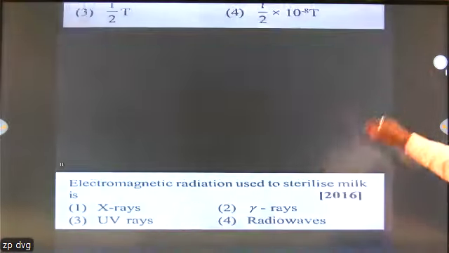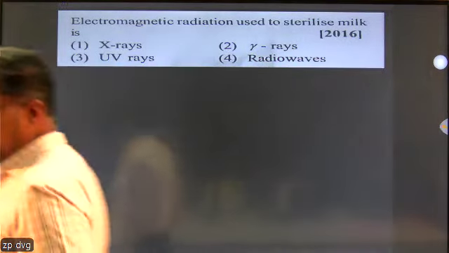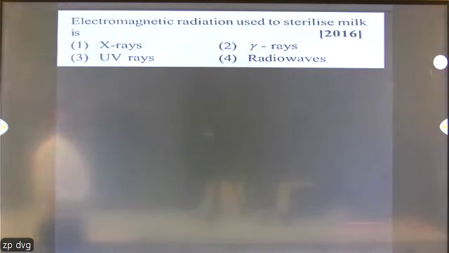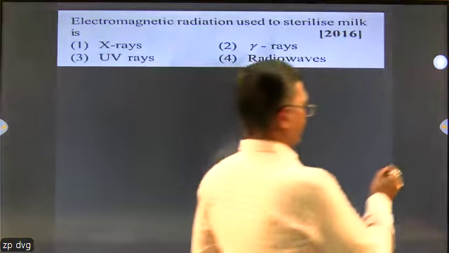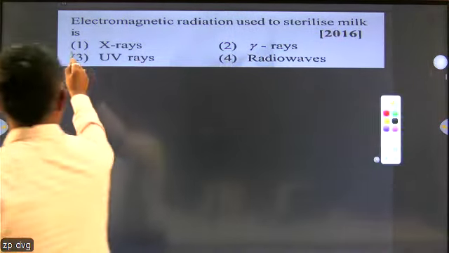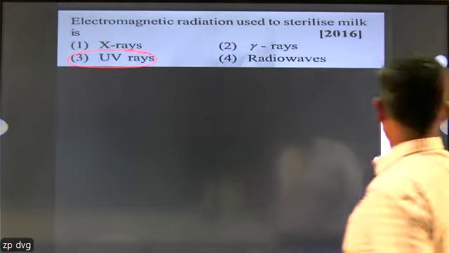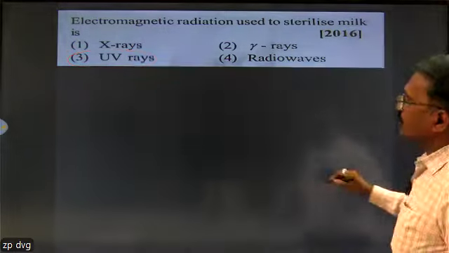So the next thing is, electromagnetic radiation used to sterilize milk is. Which electromagnetic radiation is used to sterilize the milk? The answer is UV rays, because they say UV treated. So UV rays are used to sterilize the milk. Correct. The next question is,